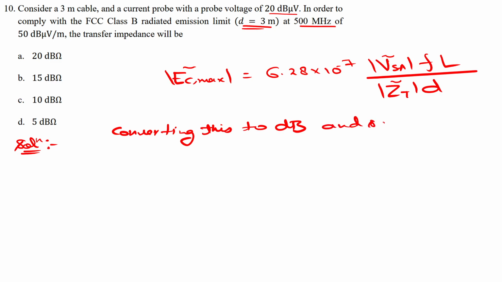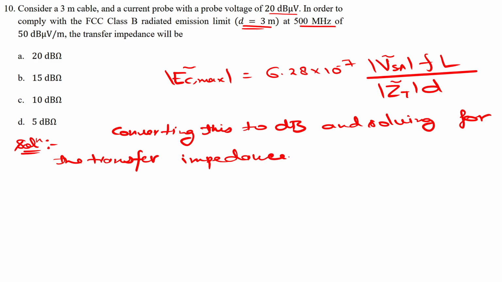and solving for the transfer impedance gives, so I'm just directly writing the formula. First, what we have done is we have converted into dB, means I've taken the logarithm, and since everything here is in multiplication, in log it will become addition. So Z_T in dB ohms is given by